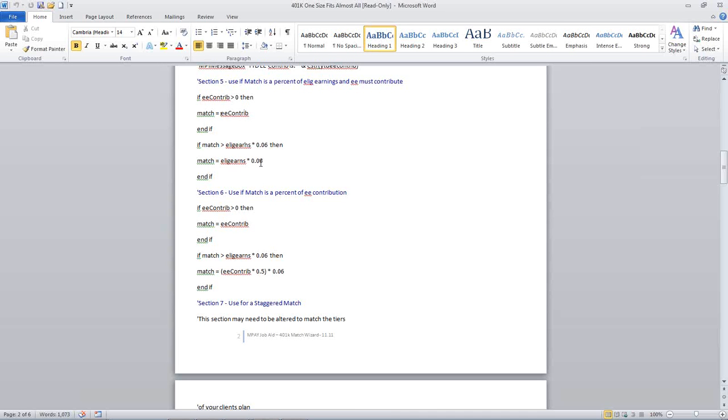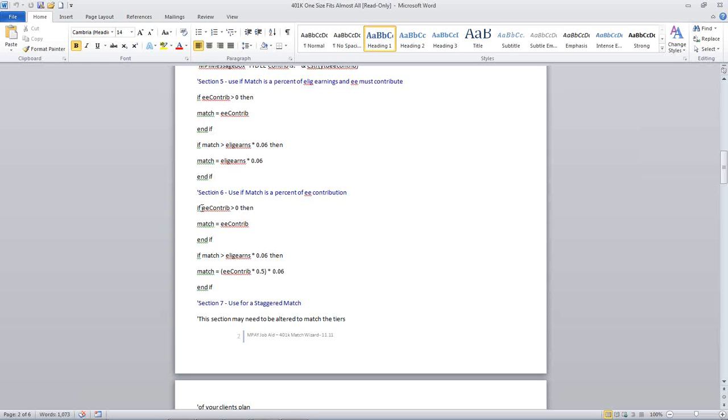So basically what that'll say is it will curtail the contribution to eligible earnings by 6%. If this is the method you want to use, you remove or put the comments with the single quotes in front of section 6 and 7. So that's the straightforward one.